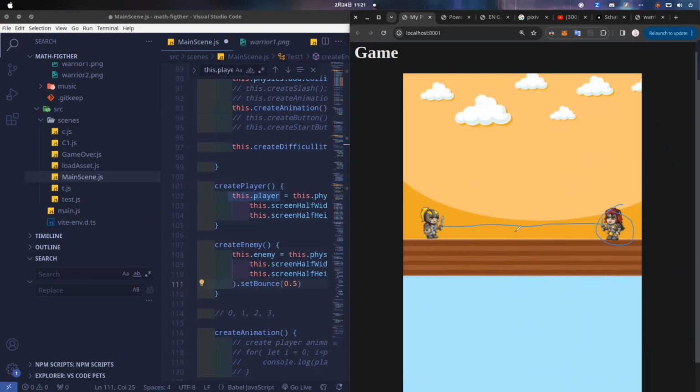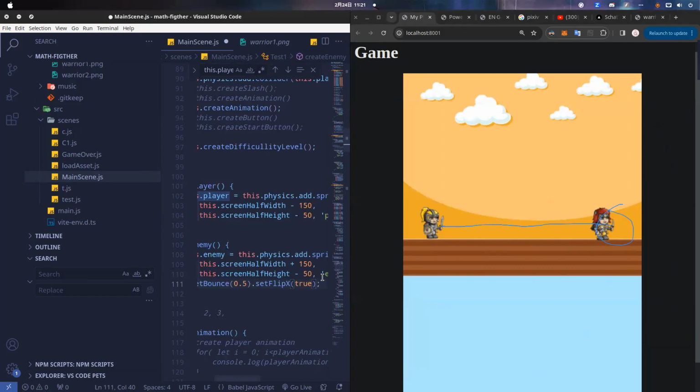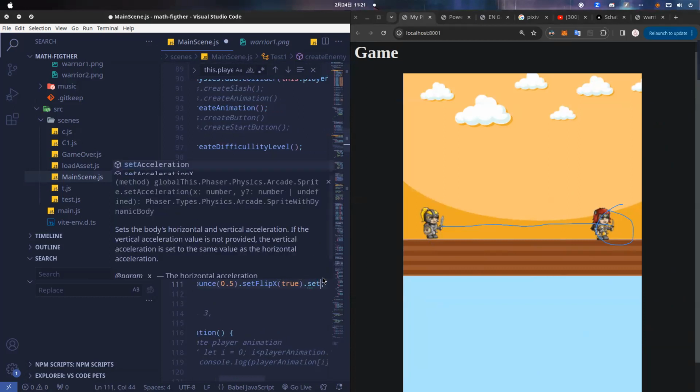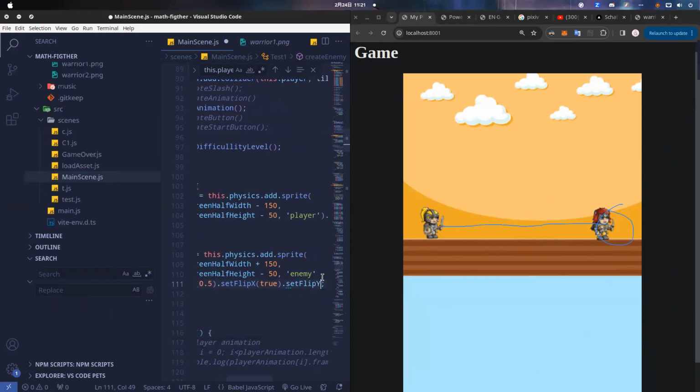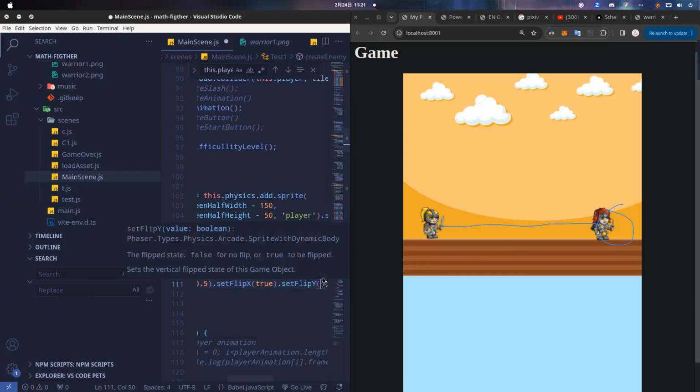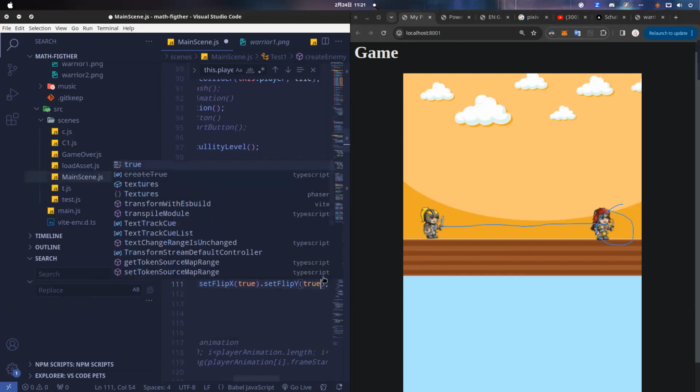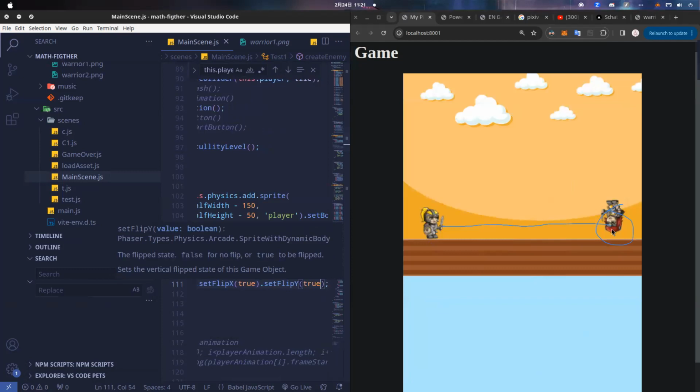Look in here. If we don't have that one, it will have the opposite direction. Do you remember? You can also use set flip y, for example, it will change the y axis, and it takes one Boolean value. If true, it will be changed, like that.